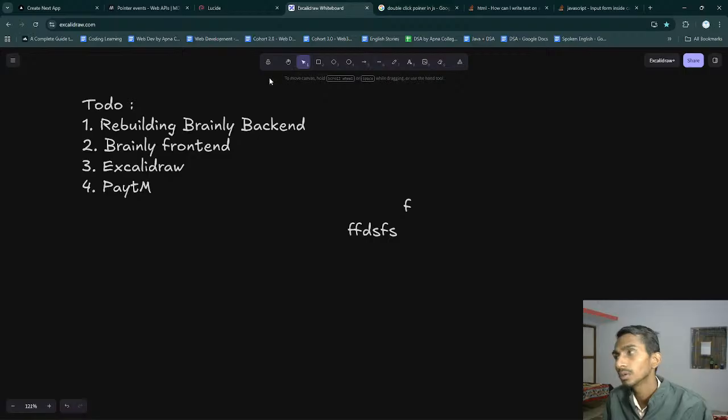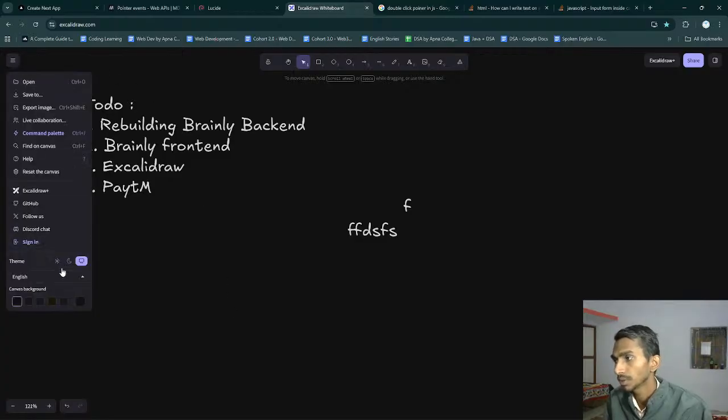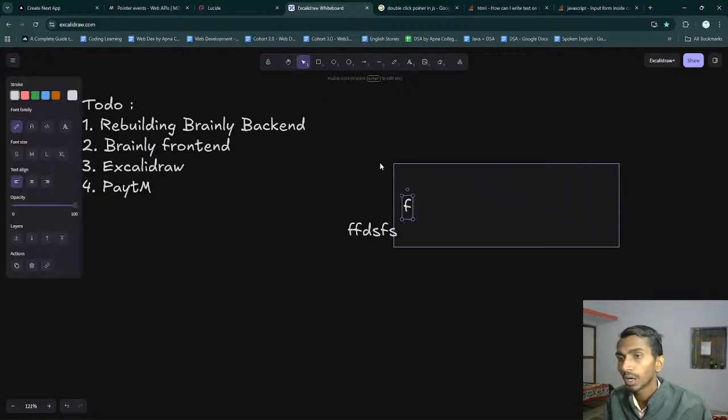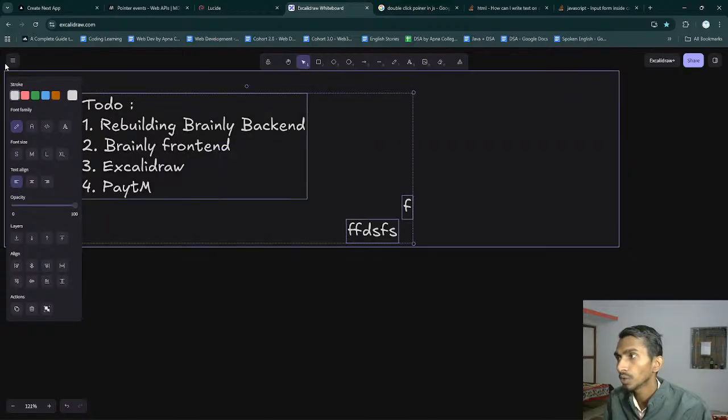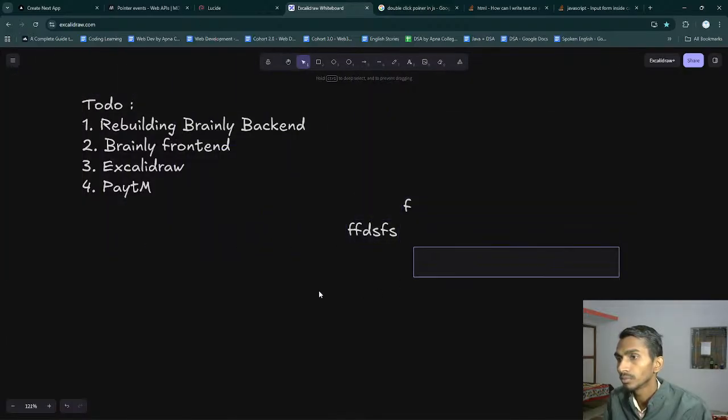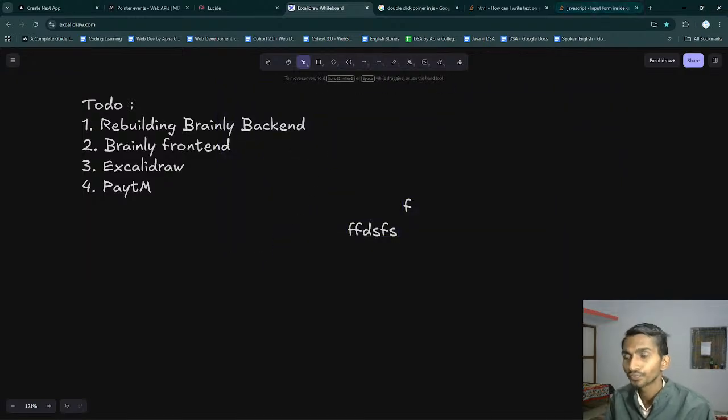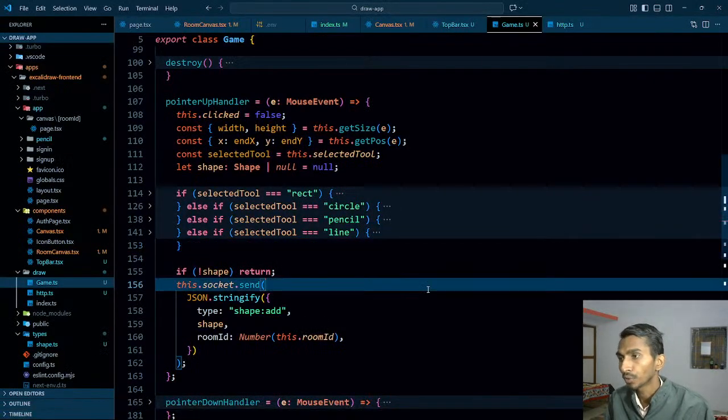Mainly, first of all, the canvas is all over the page, so I don't need to worry about anything else. Everything else is going to be on top of that, and I have to ignore them. Whenever I draw any shape, I have to ignore them. I have to just take care of the canvas. Okay, apart from this thing,